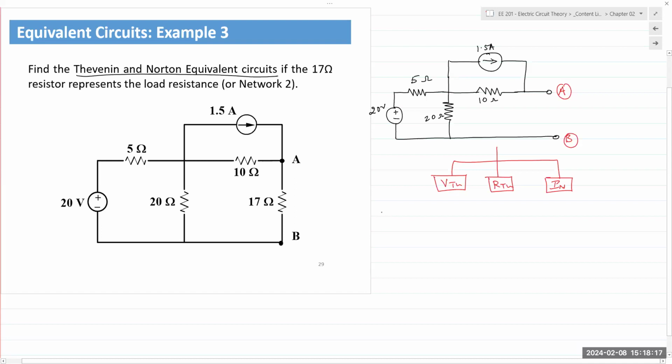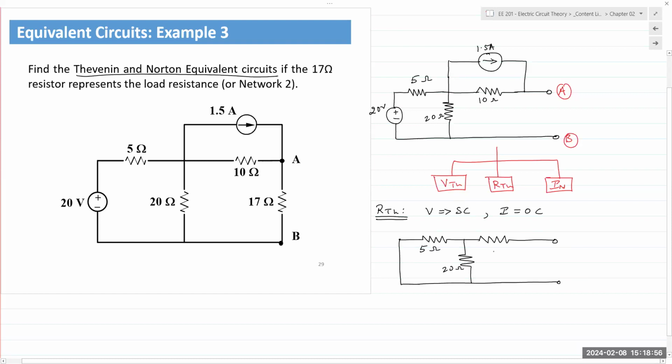Well, for RTH, the first thing we need to do is reduce all independent sources to 0. Reducing a source to 0 means replacing a voltage source with a short circuit and a current source with an open circuit. So we redraw the circuit, and all we are left with in the circuit are the 3 resistors. The current source is, of course, gone. It's an open circuit. No need to draw that. This is 5 ohms,